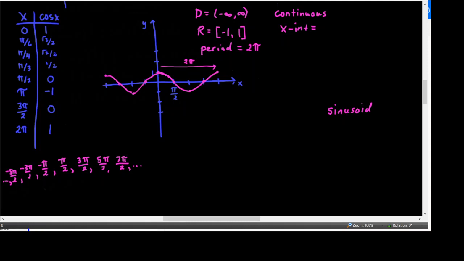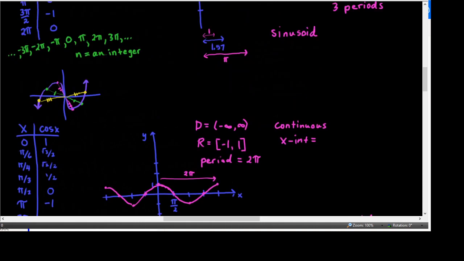So do you see that every one of these is an odd number times pi all over 2? So this is what we call an odd multiple of pi over 2. Whereas for sine, the x-intercepts were multiples of